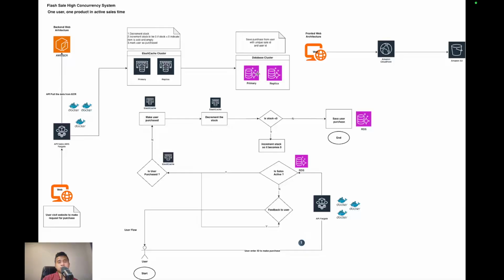I've already provided the endpoint for that. Then it will update the sales stock here in the Elasticsearch cluster. So that's one point where inconsistency might occur in this system.